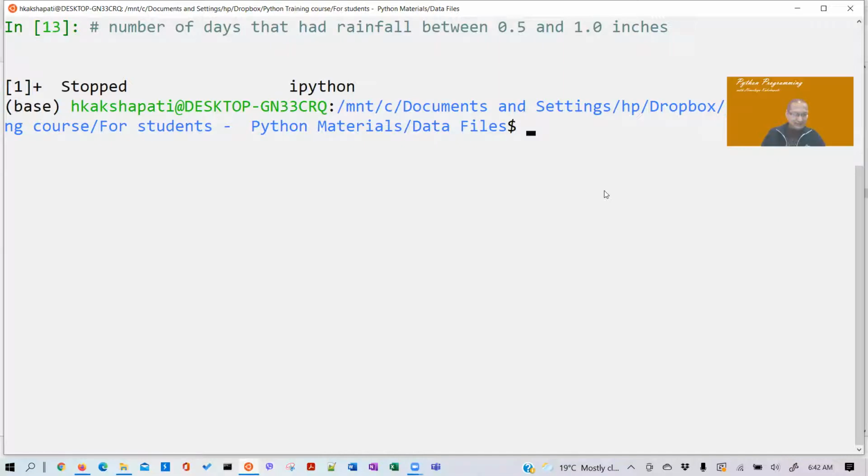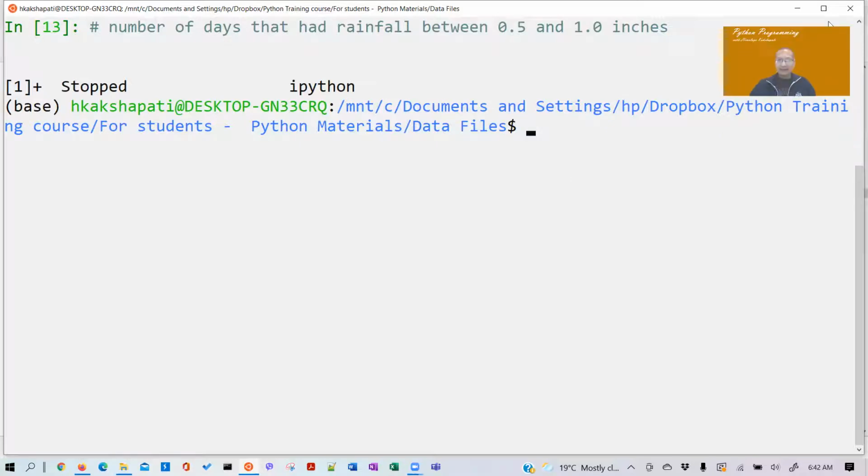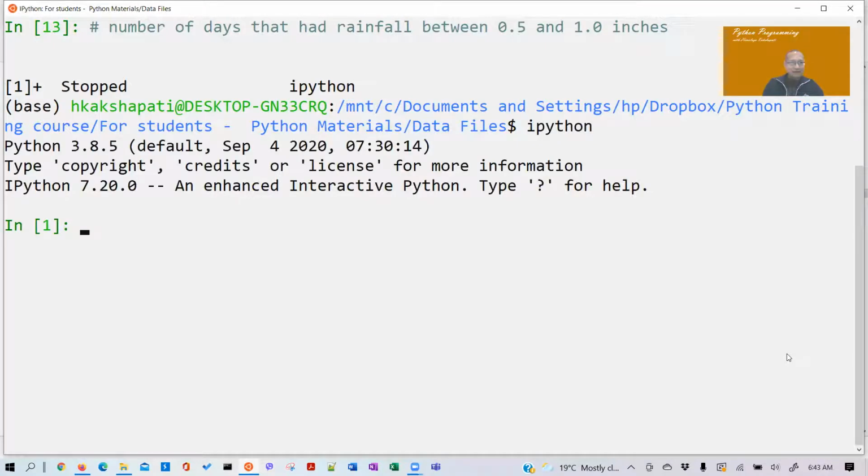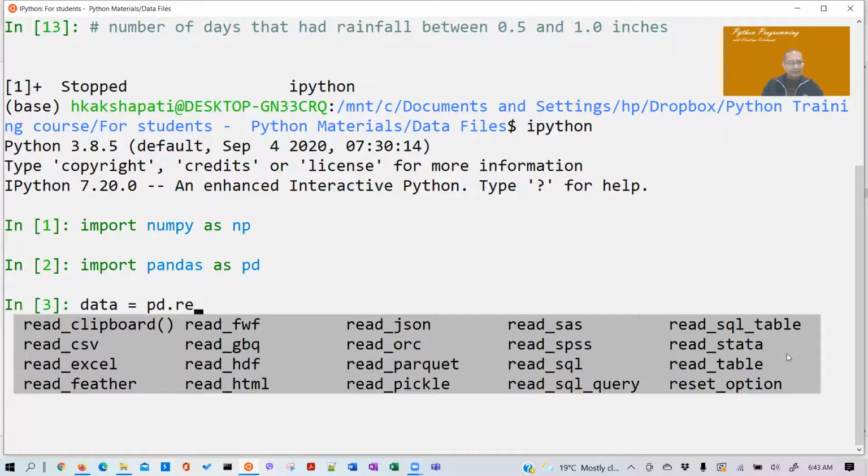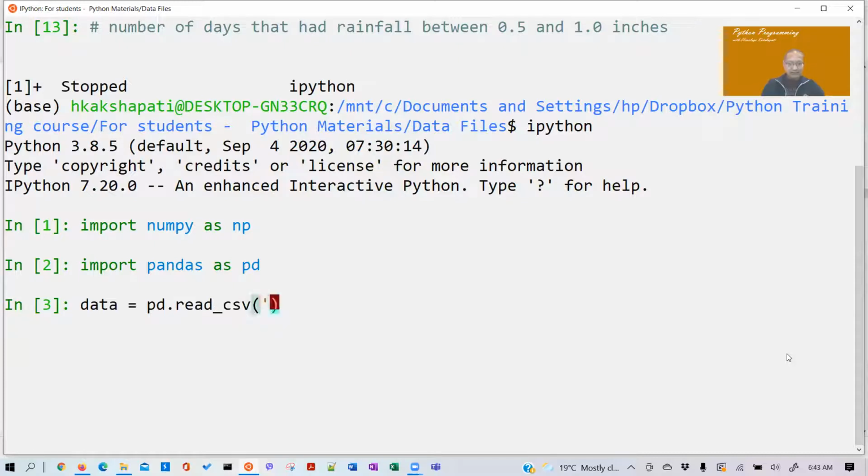I accidentally pressed Control Z. Let me quickly get back to where we are, where we import pandas. So data is equal to pd dot with cc, and then